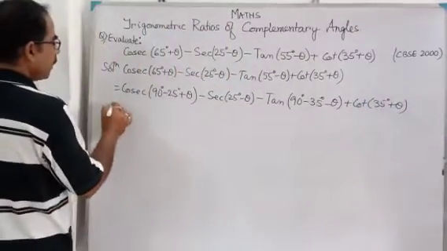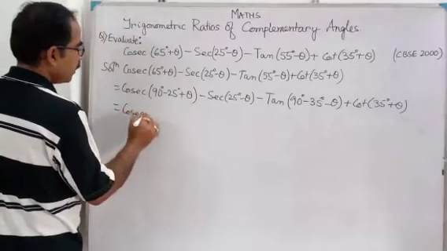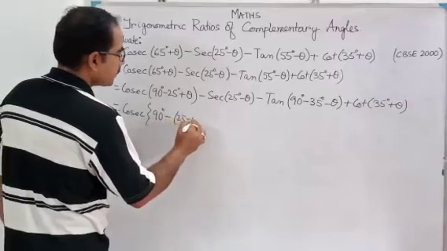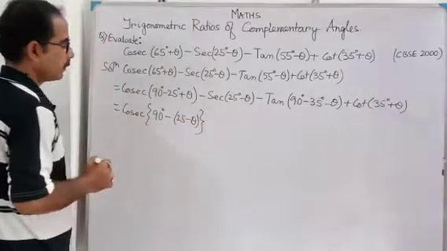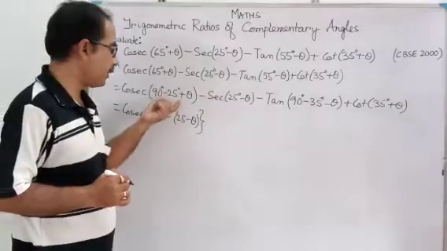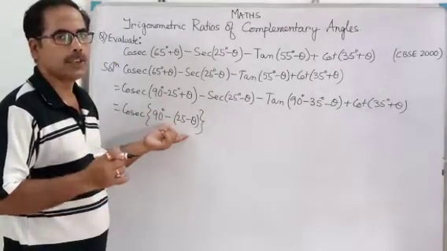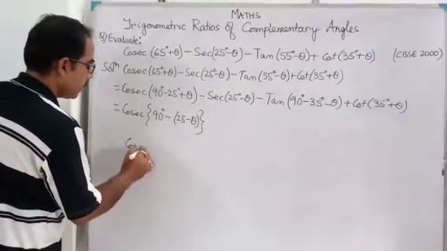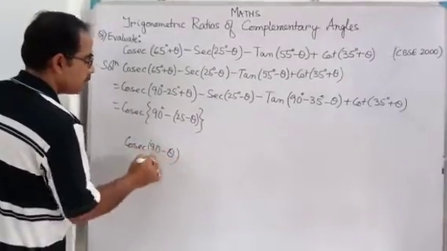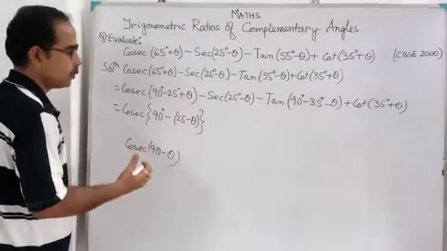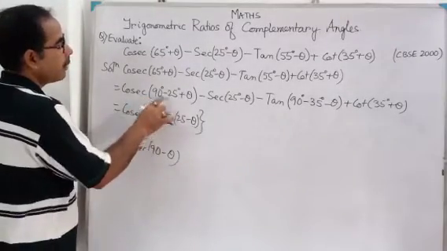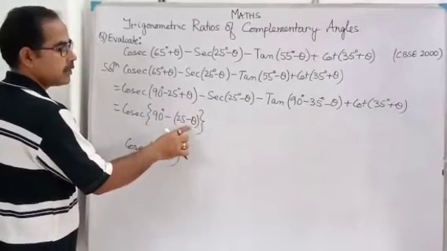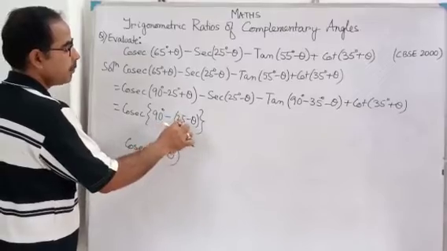Okay, now cosec of 90 degree minus 25 minus theta. Look here, I have written the same thing, but in an arranged way. How? I want to write cosec 90 minus theta in such a format. So 90 is already there, minus, if I put it within the bracket, this positive sign will change into a negative sign. So 90 minus, within the bracket, 25 minus theta.